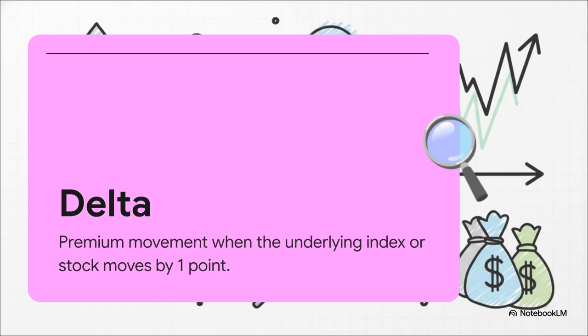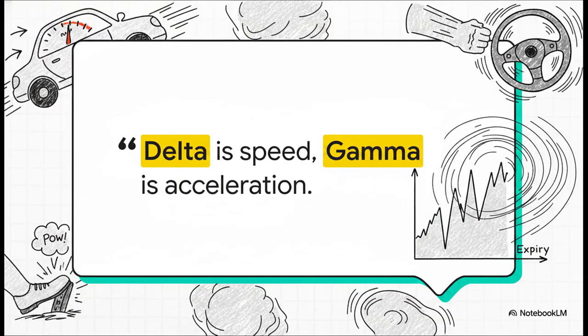Now here's the absolute biggest trap beginners fall into. Out-of-the-money options are cheap, right? So beginners buy them in huge bulk. But OTM options have a very low delta. This means even if the market moves 50 points in your direction, your cheap little option might only move 5 points. You are basically buying cheap lottery tickets hoping for a miracle move that almost never comes. Meanwhile, the professionals, they're trading in-the-money options with a much higher delta that actually move almost perfectly in sync with the market.